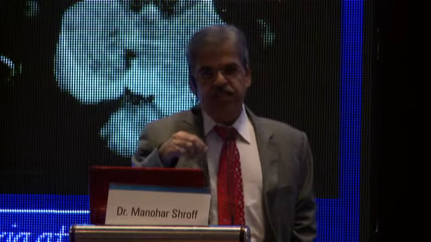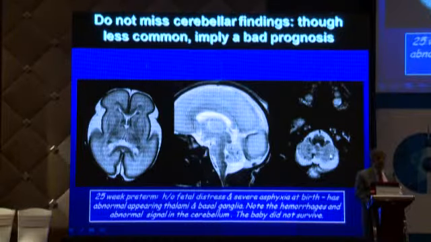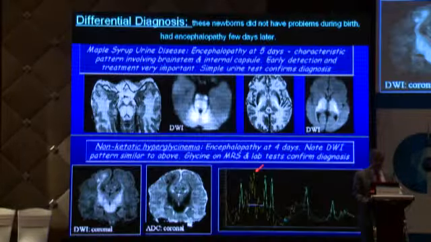Remember that in the cerebellum, the germinal matrix is on the surface, and you get hemorrhages on the surface of the brain, and that is a bad prognostic sign because the cerebellum keeps on growing for up to 2 years after postnatal life. So any damage to the cerebellum prevents that growth and can lead to very significant problems, and this baby did not survive. So that was about hypoxic ischemic injury.